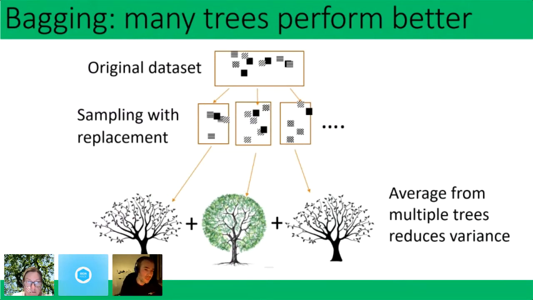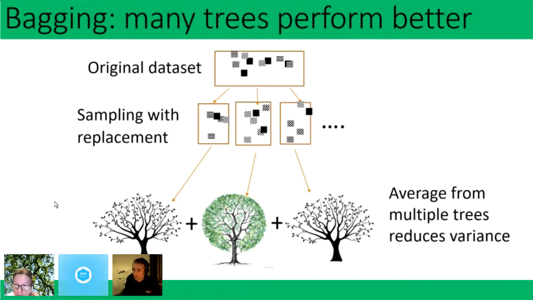So to make a forest out of a tree. So a tree on its own is also known as a weak learner because, like we've seen, it doesn't predict very well, it can be overfitting. But if we put together many trees, the prediction performance can improve